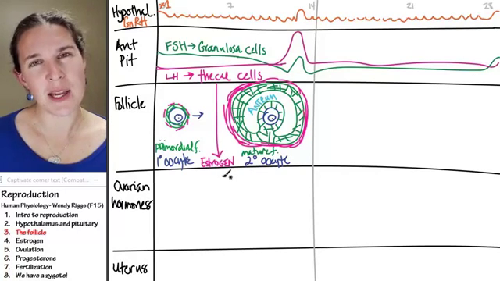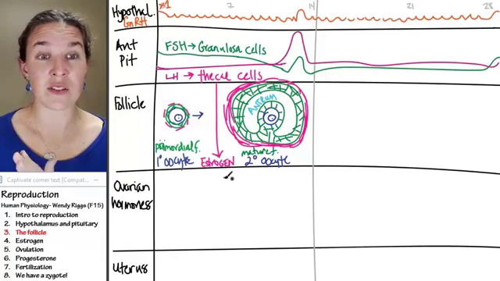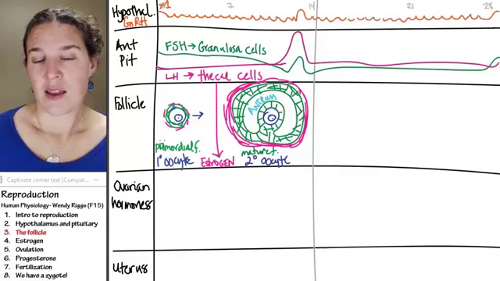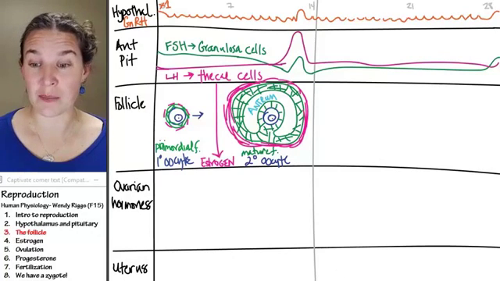But what are you going to expect to happen to the levels of estrogen in your system as this happens? Okay, well, let's go talk about estrogen. But of course,